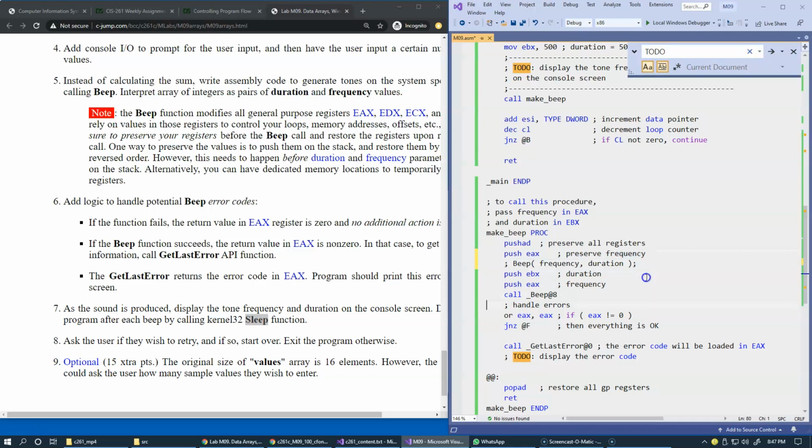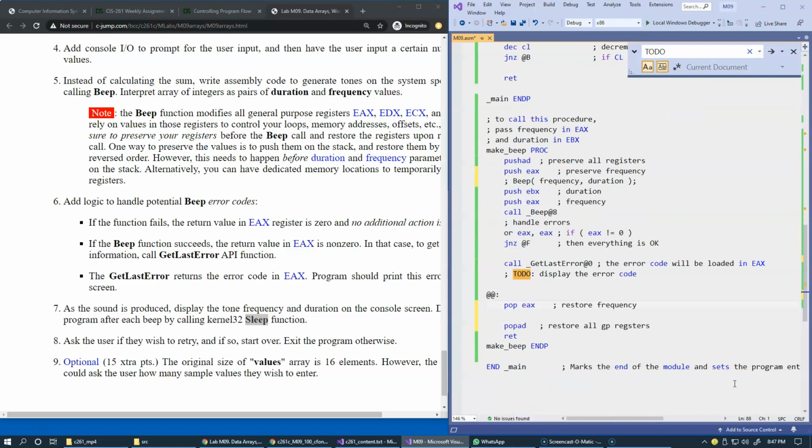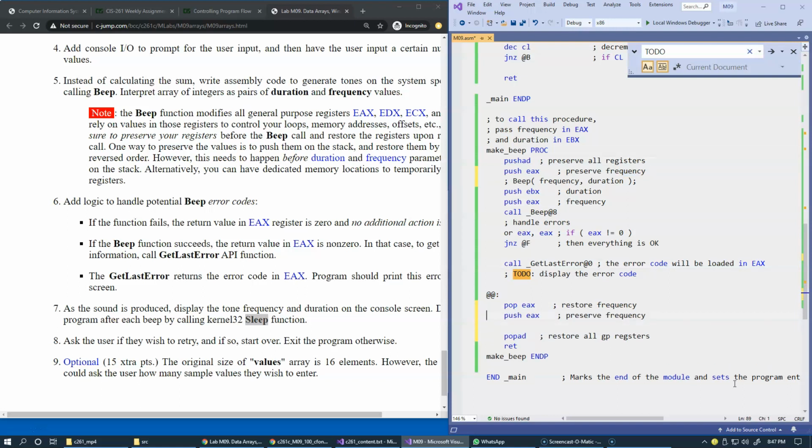Then after making the call, when everything is okay, we can pop EAX like this. So we just preserve EAX and then restore the frequency, and we can go to sleep for this same exact time. Basically, we can push EAX one more time. This will be the sleep interval